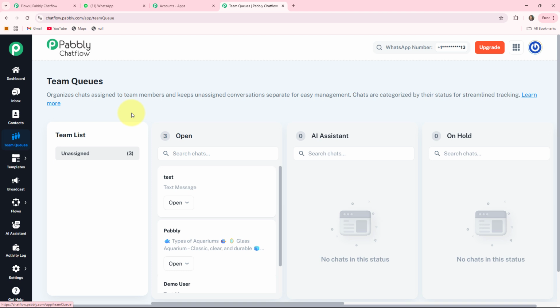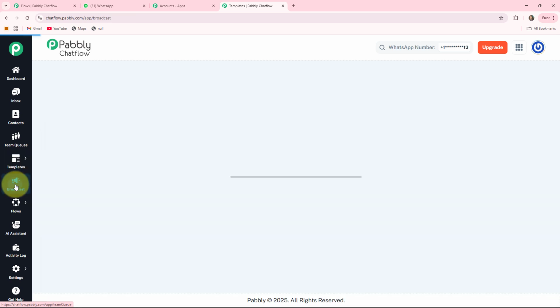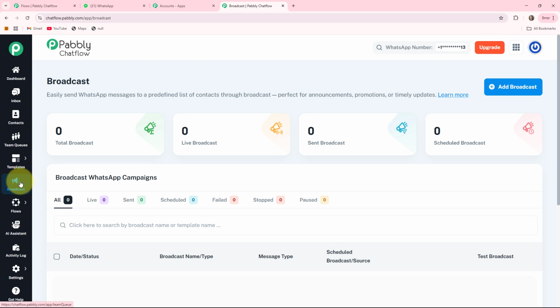It will also help you to have a customer support team. The fifth one is the template. It is just like a pre-approved WhatsApp template. These are required for initiating a conversation if the customer has not messaged you first. The sixth one is the broadcast. It is used for sending bulk messages to many users at once, and it is also used for promotion, announcement